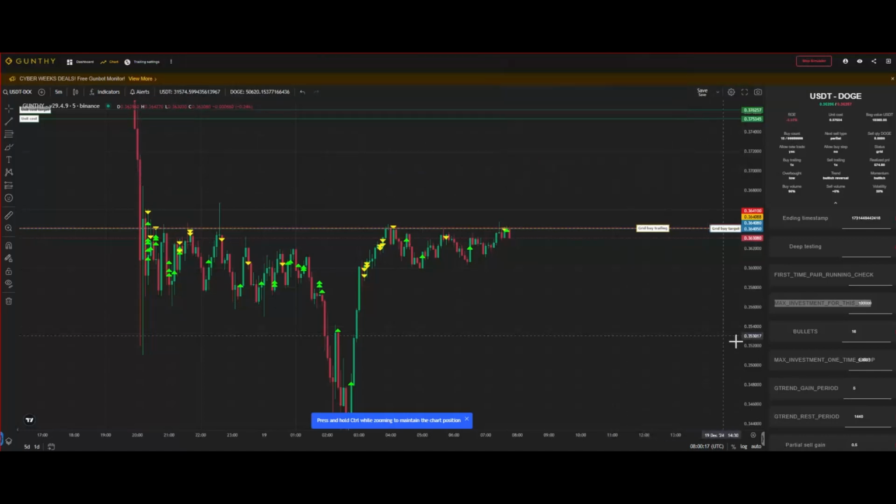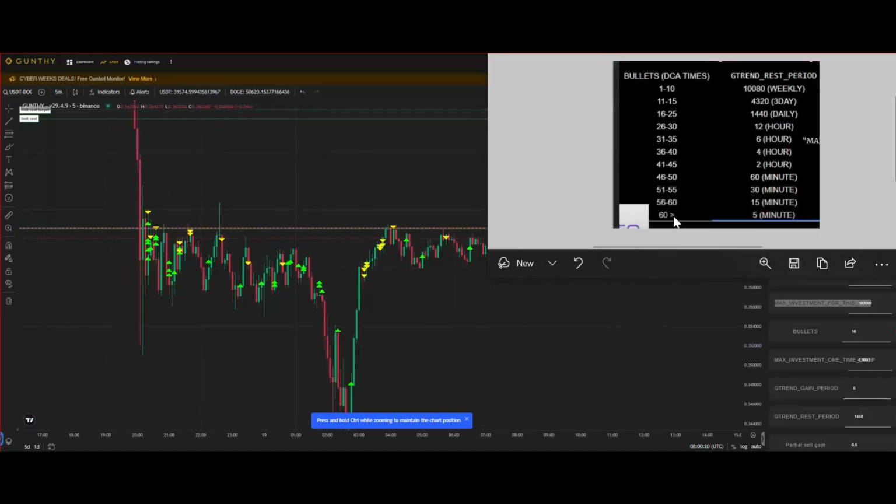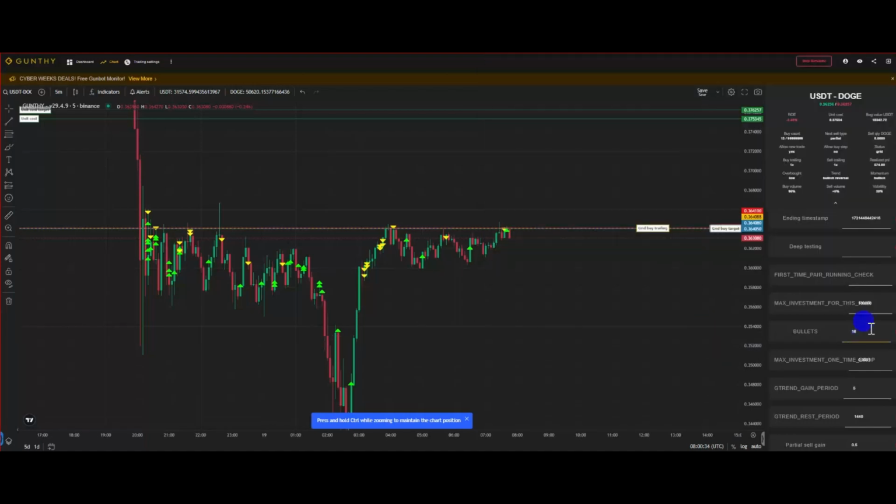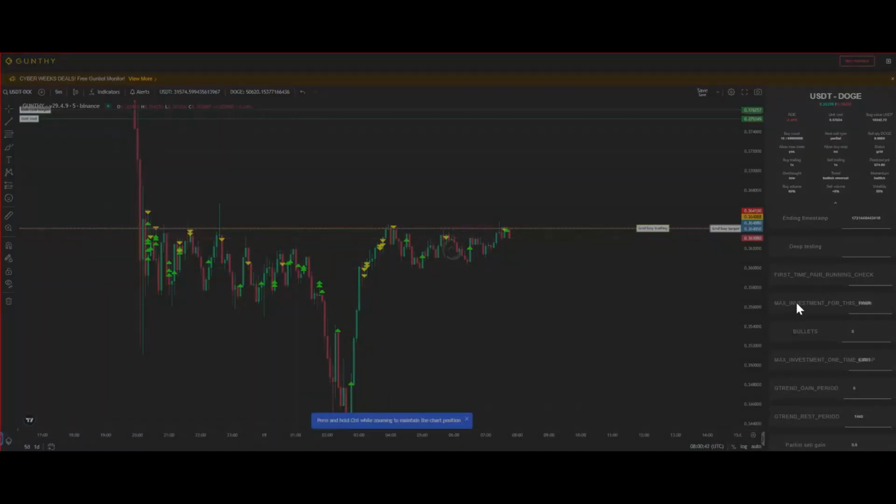If you want to do the weekly, this means you would need to set 1 to 10 bullets for the weekly. This means it will only DCA 10 times maximum, or depending on the bullets that you set. Let's say you set it for 5 times. This means it's going to DCA a maximum of 5 times, and our max investment for this pair